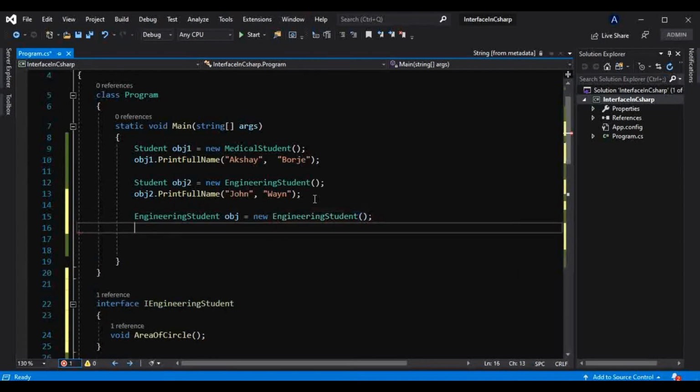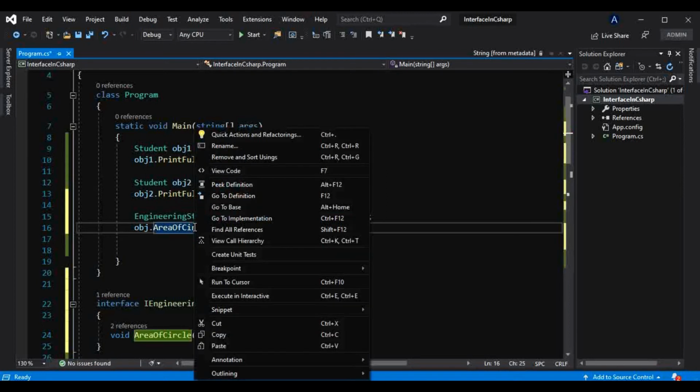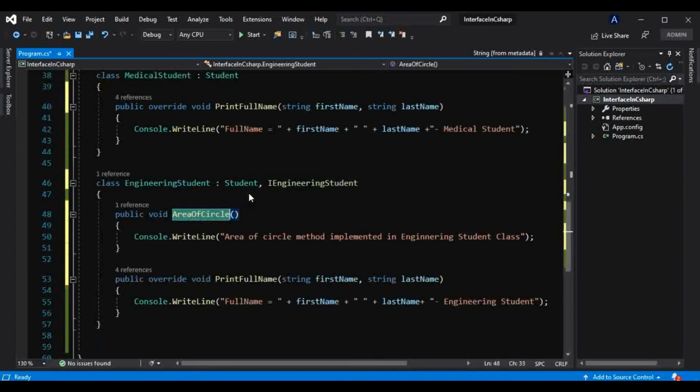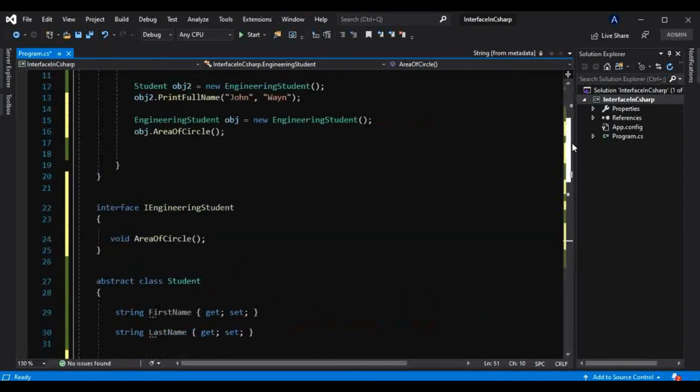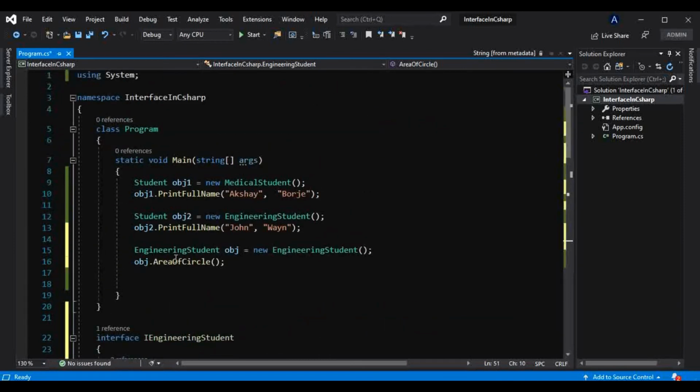Okay, if I do something like this, and if I call that area of a circle method, and now if you right click on this method and try to go to the definition, it is redirecting us to the implementation of that method. So that is why it is dangerous to expose to the user the implementation of that method.